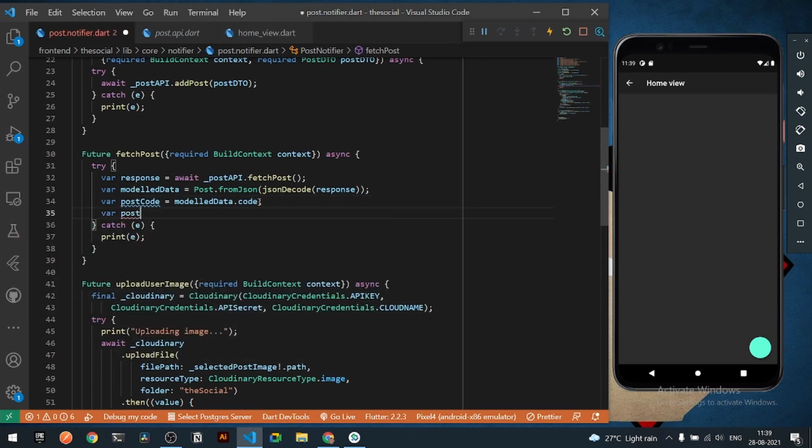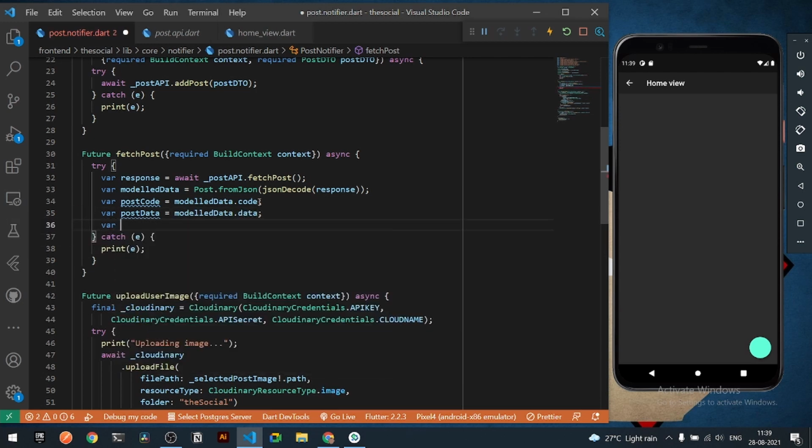Also I can assign all the values. Let's say postData should be equal to modelData.data, right? Also we will have the value isPostReceived, which will be modelData.received, which is a boolean, right?